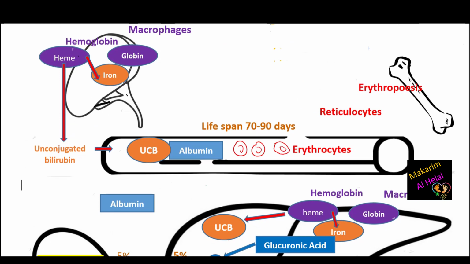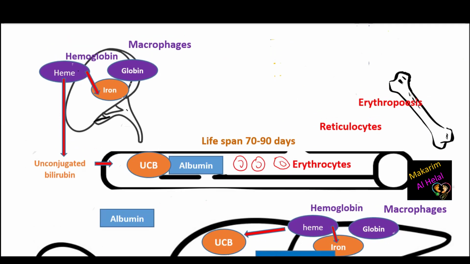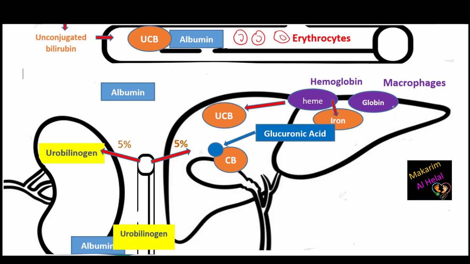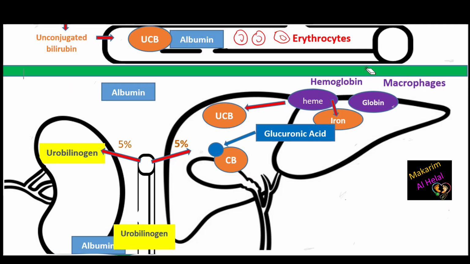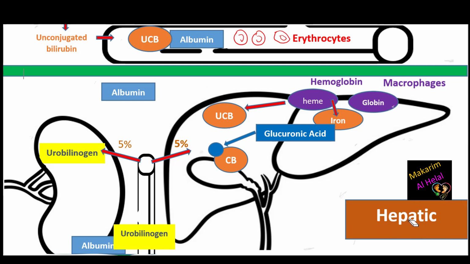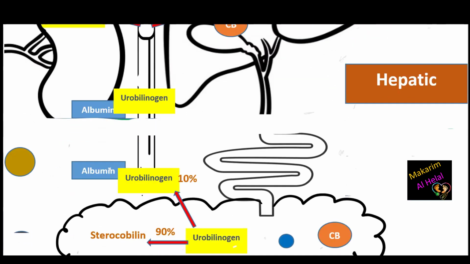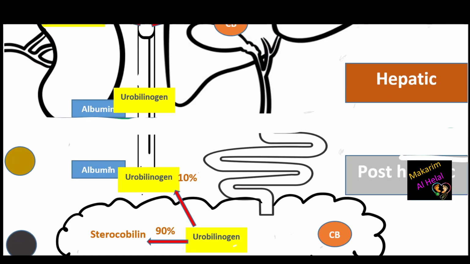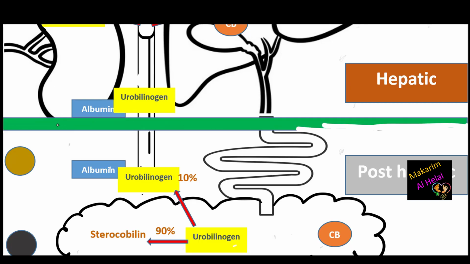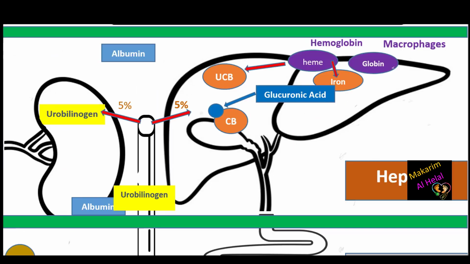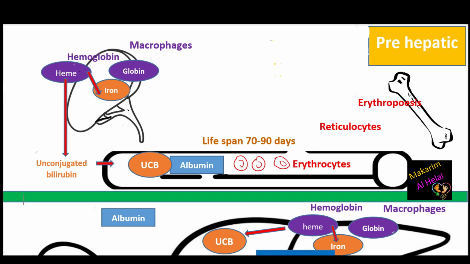A problem before the liver is referred to as pre-hepatic jaundice. A problem in the liver is referred to as hepatic jaundice. A problem after the liver is referred to as post-hepatic jaundice. So we have three types of jaundice: pre-hepatic, hepatic, and post-hepatic. Pre-hepatic jaundice, the main cause of pre-hepatic jaundice is